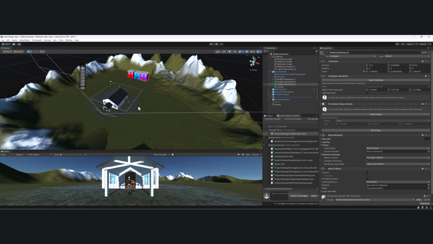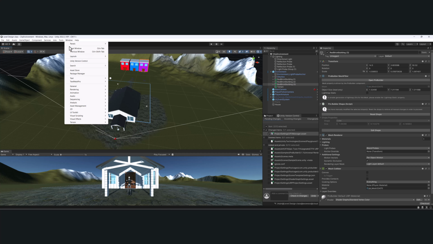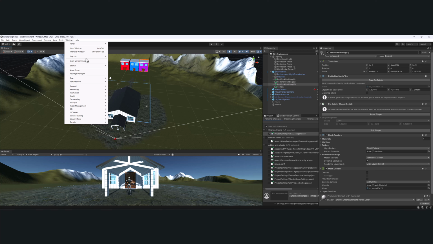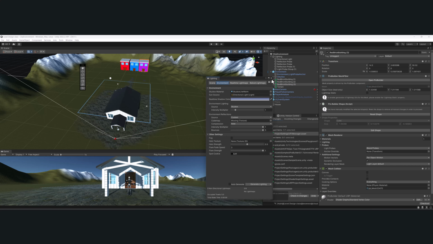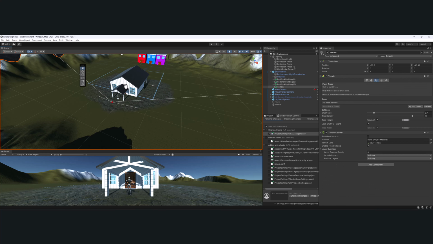All right, so if we take a look here, you can see that we've created this little ground rock area. We went to Window, then Rendering, and then Lighting here, and we turned off fog here. So let's go ahead and select this terrain, and let's take a look at how we can create grass and